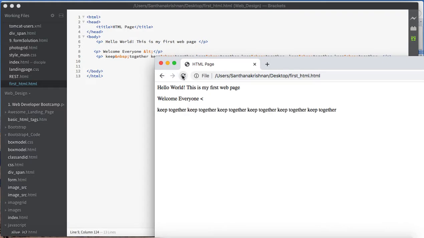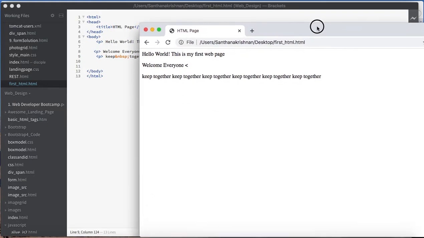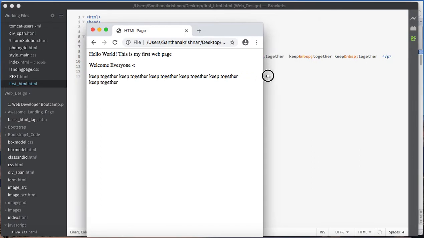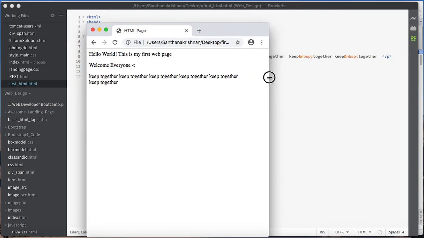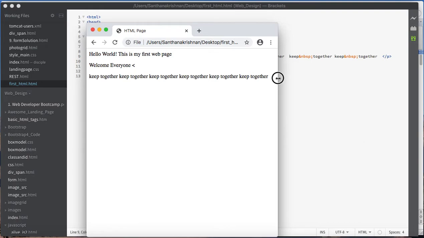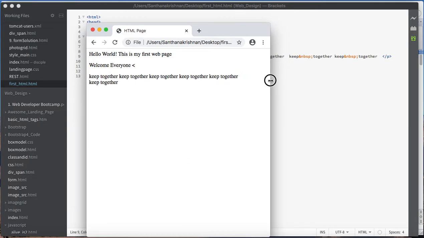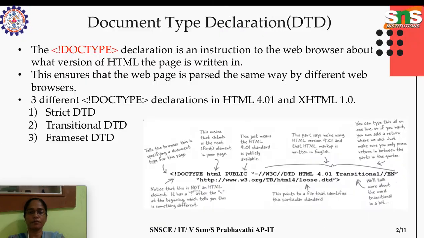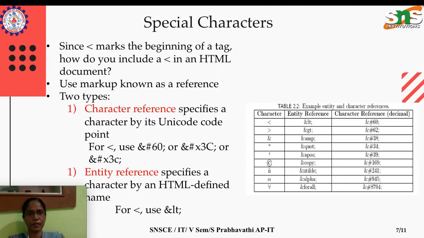Let me refresh it. See here, it takes a single page. Let me shrink the page so that we can see what's happening. Okay, so "keep together" will always be treated as one statement. It won't break. So here if I shrink, there will be no space for "together", but "keep together" comes as a single word, so it won't be separated. In these situations we will go for using the special character called nbsp, the non-breaking space character.